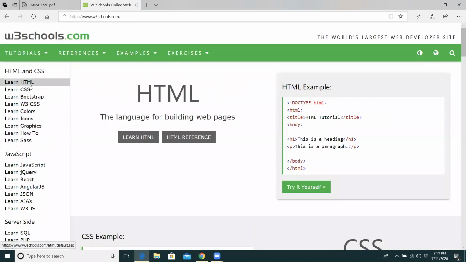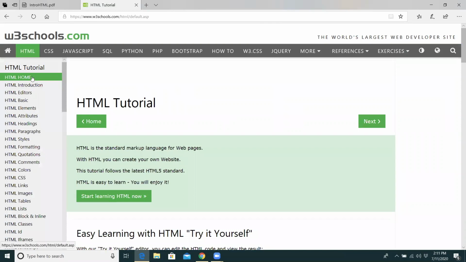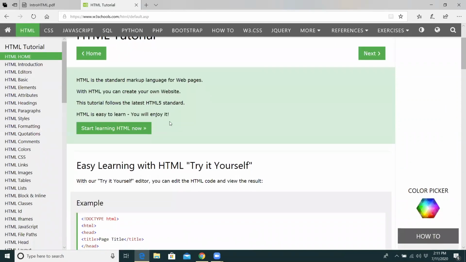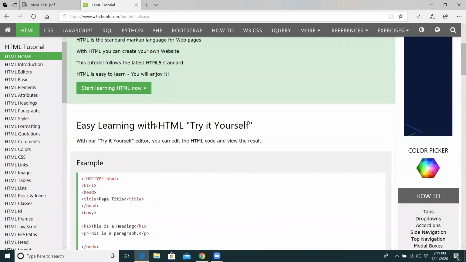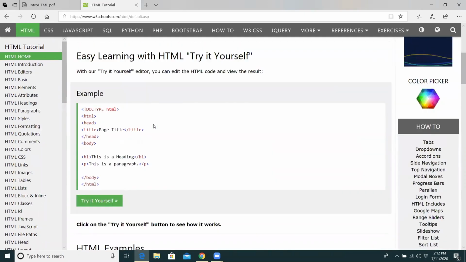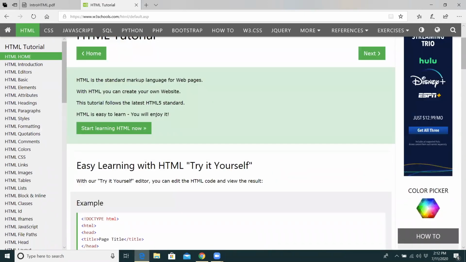But if you want to go to HTML, you can go to Learn HTML, and then there are different tutorials here. So we're going to talk about these tutorials, and I'm going to show you how to do some practice with these tutorials here. But let's go ahead and talk about